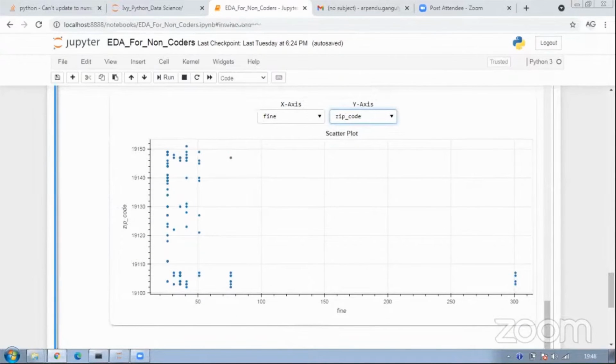Okay, so if you see in here, all of the people who have been fined more than 300, they have all been fined in this particular zip code, okay, between 19100 and 19110. So we know from where these high penalties are coming. So these are mostly from there.